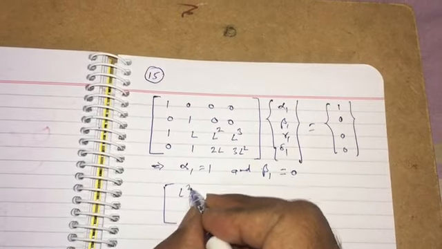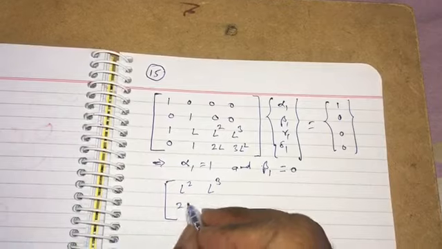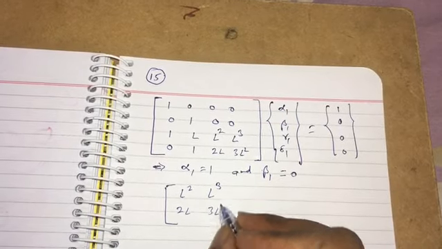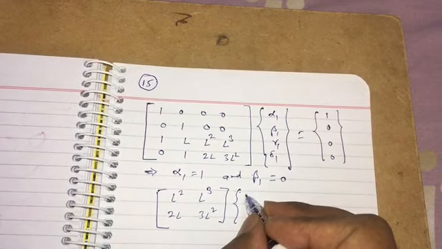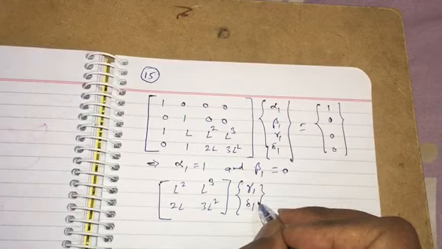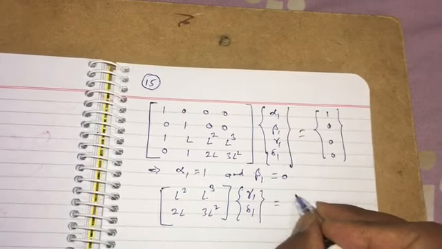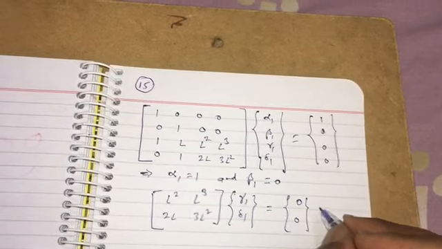So we will have L², L³, then 2L, 3L², multiplied by gamma 1, delta 1, because only these two are now unknown, and equal to 0, 0, and then minus